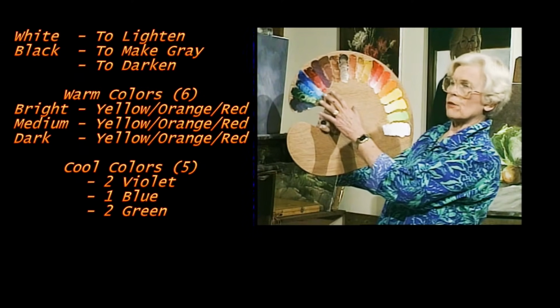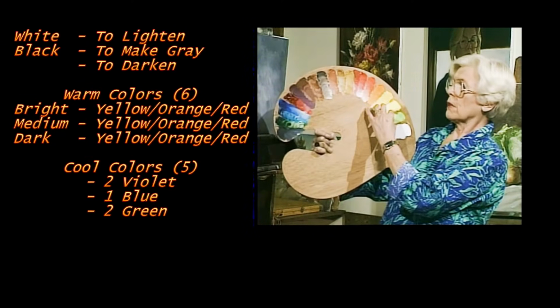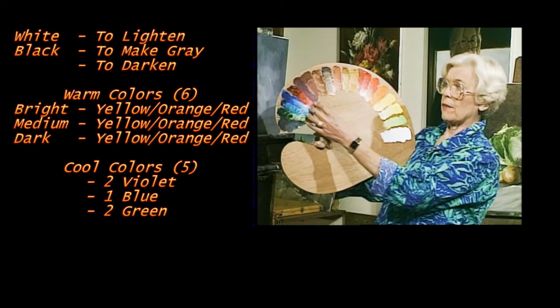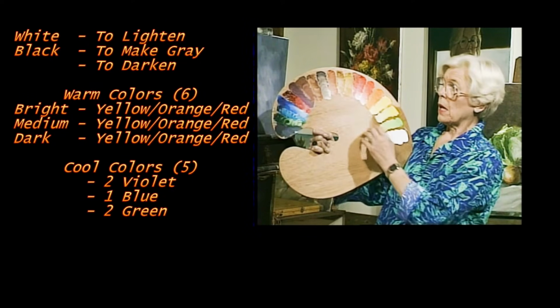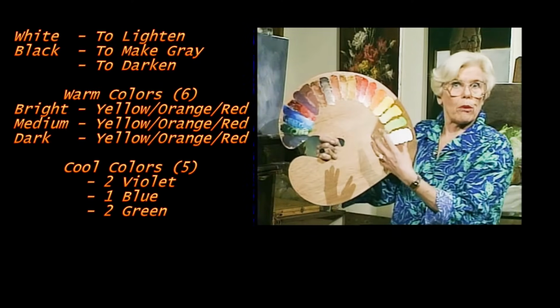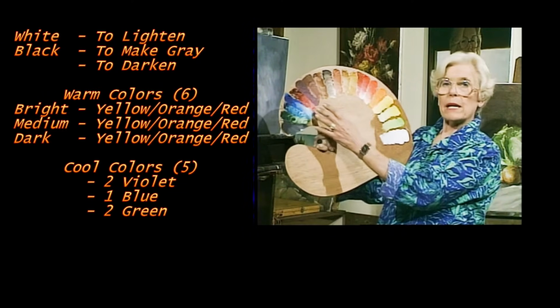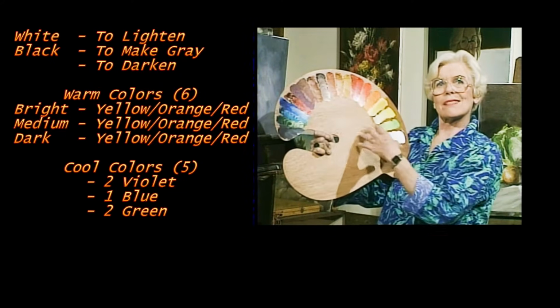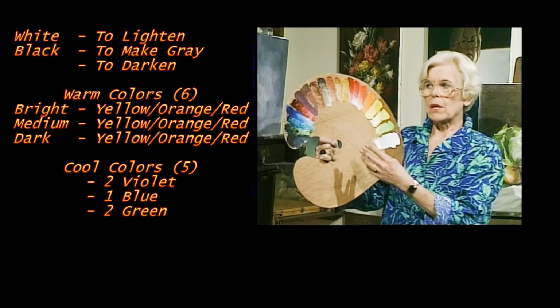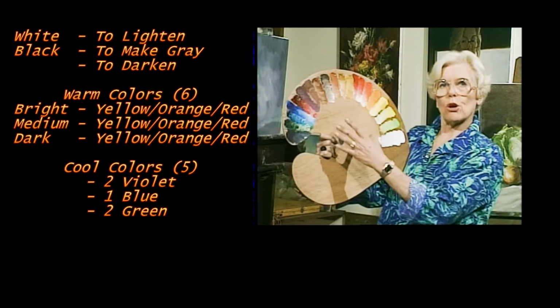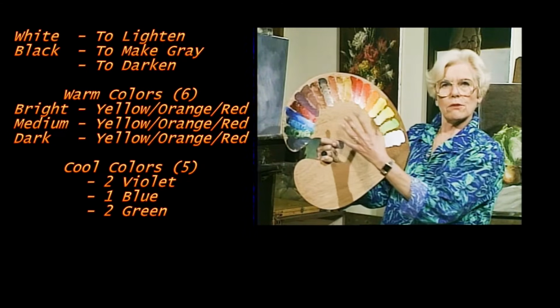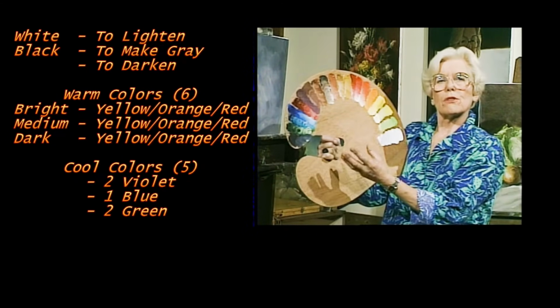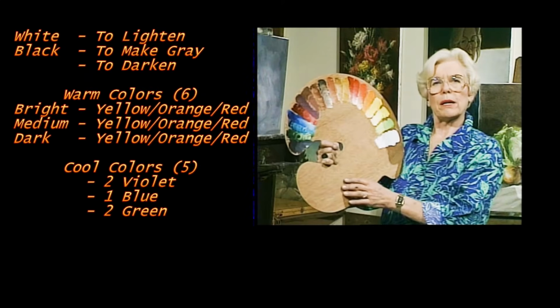I can get a tremendous variation of light out of these colors by mixing them with white. I don't have to get them brighter; they're bright as they are. My main problem in working with these colors is to get them less bright. And so I do that by mixing a tone of gray and mixing these colors in it. These cool colors are grayed down or dulled by mixing them into gray.